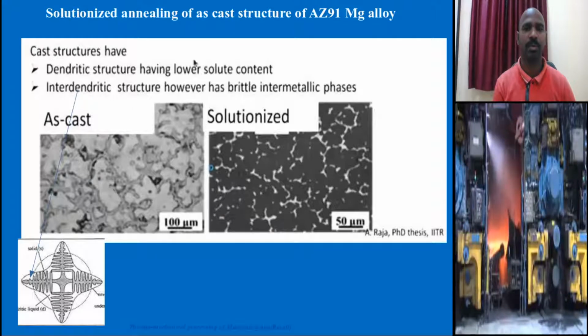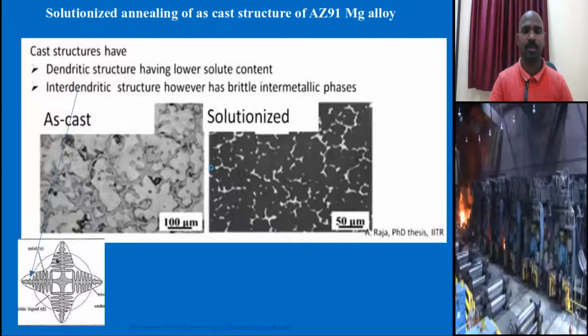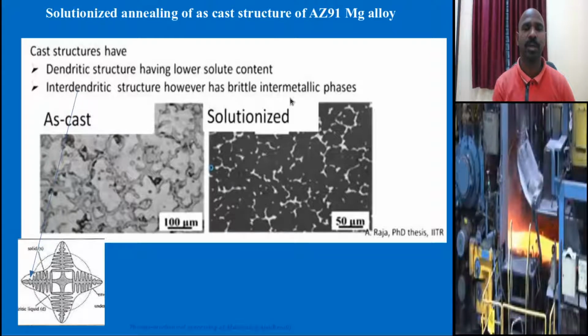And if solution annealing is chosen, these dendrite structures are equiaxed, approximately equal in size or dimensions. The interdendrite structure means this is a main arm, and this particular arm goes with the dendrite arms. That is why you call it interdendrites. Interdendrites are mainly intermetallic precipitates. If you see this microstructure, these are intermetallic phases, for example, iron nickel, Fe3N or Na3Fe.